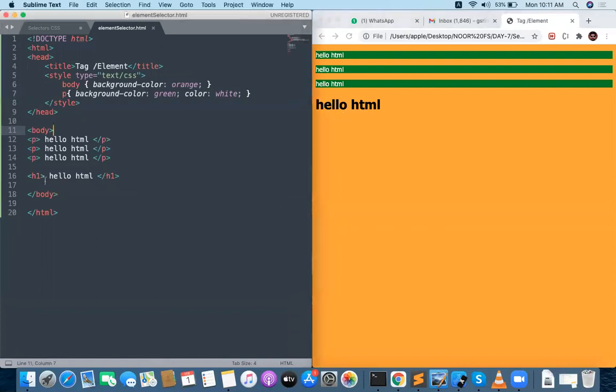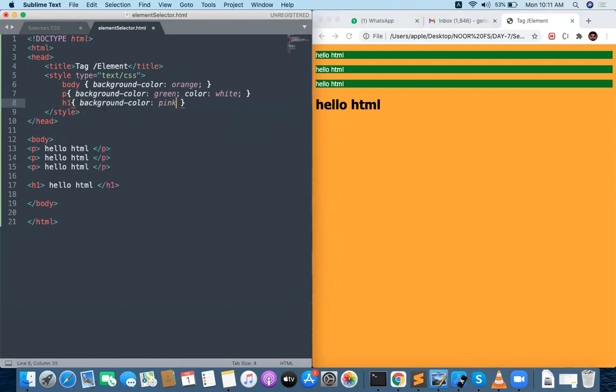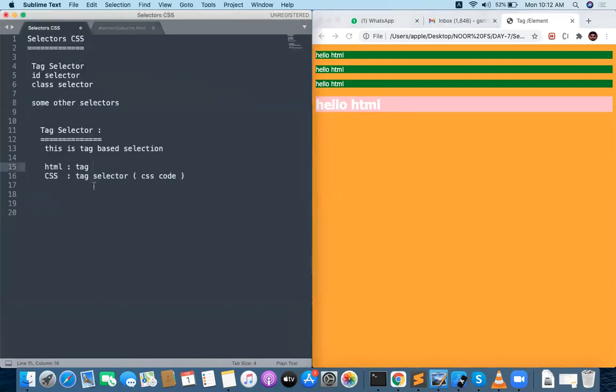Now I want to write some style for the H1 tag. For H1 also I want to apply some background color. So the background color for H1 is pink and the color will be white. When I do this, automatically H1 got a color change and H1 got the CSS applied. This is called element selector or tag based selection.